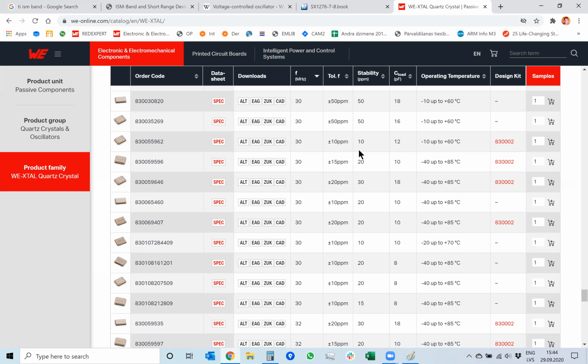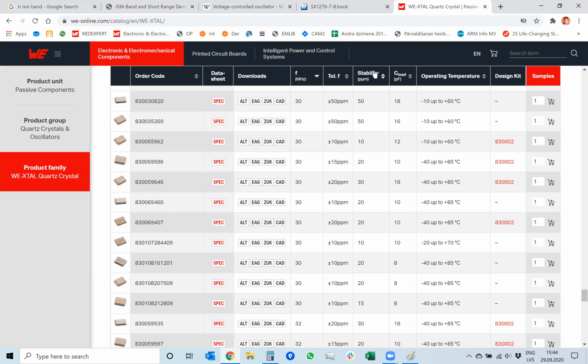And there is this theory that they actually build all of these parts the same, and then they measure, and they only pick those that are within 10 ppm in one box and sell them as plus minus 10 ppm parts, and the others that are further away from the center, they sell as 50 ppm parts. I don't know if it's true, but there is this rumor.